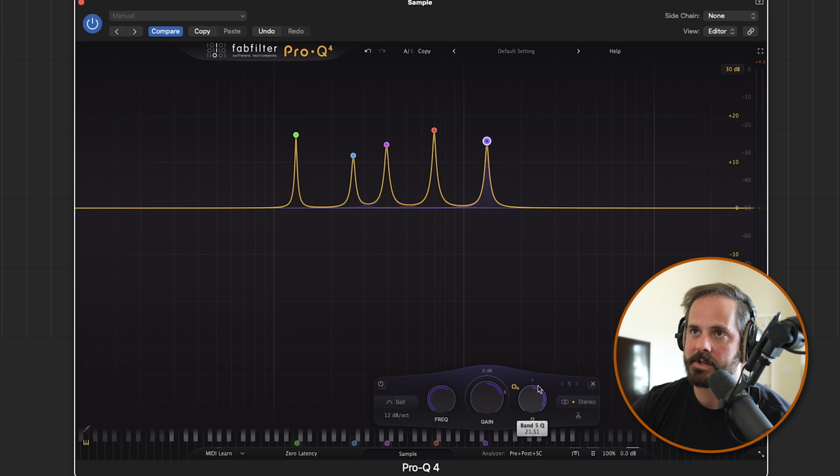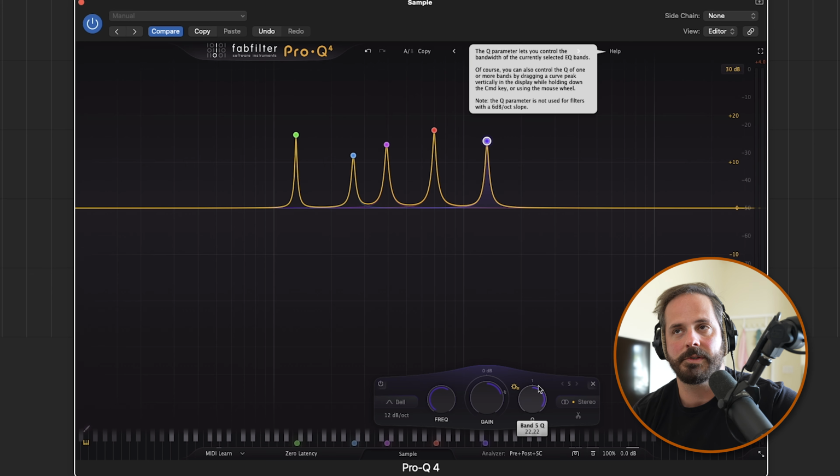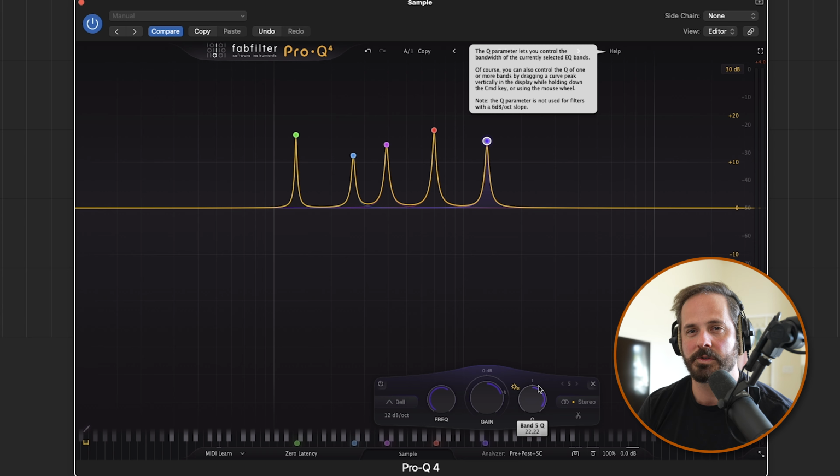And now what you notice as we're going through this, and I'm calling out these notes, is that Western harmony is very arranged around the overtone series. All of the intervals that you would find in a major scale are part of the overtone series. So that's kind of how those systems originated. But now that we've added all of these nodes, when we play a C note on the keyboard,